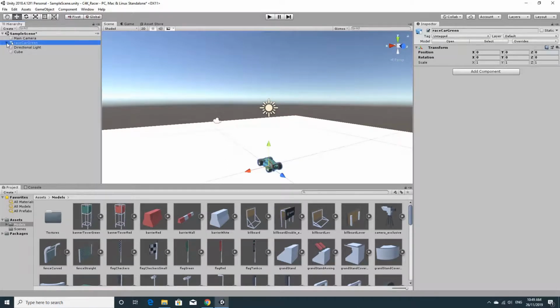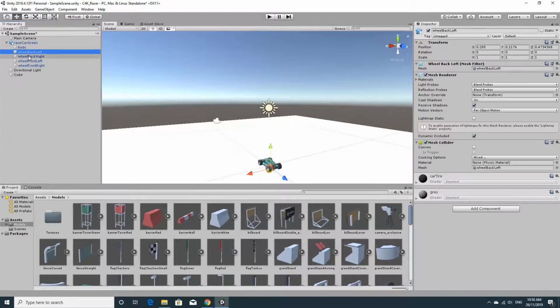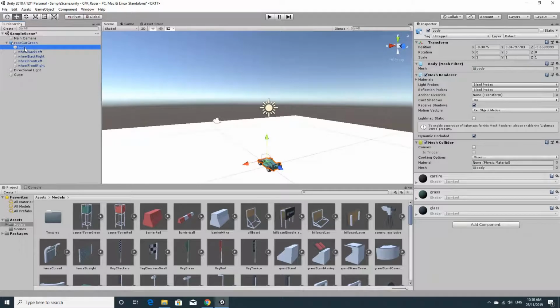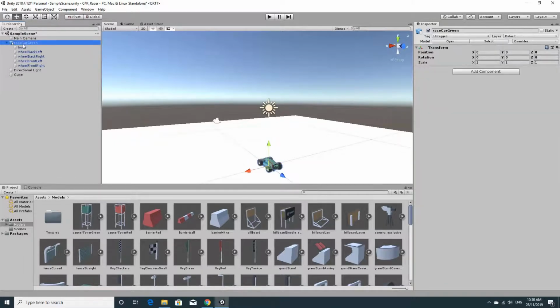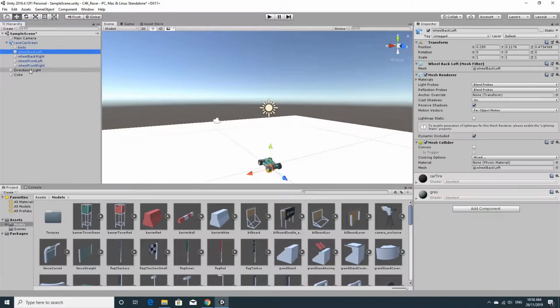So I see, just looking around, that the race car green is a top level game object, which we could add the car script to, that can control the wheel colliders. Now there are 4 wheels, and there's the body, and it looks like we should be able to add the rigid body to this top one, the collider to this one, and then the wheel colliders above and parents of each of those wheels. But